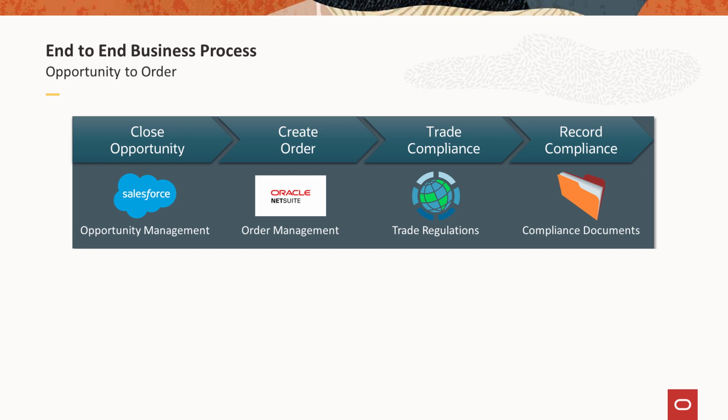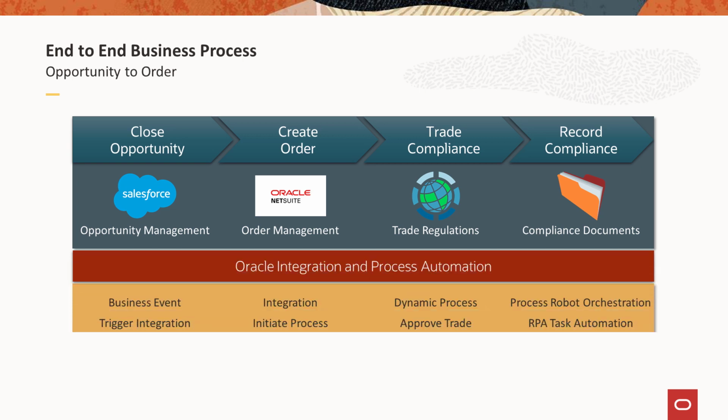And then finally, once this is done, it could have to go and create a particular record in a system such as a document management system, which could or could not be accessible directly. So we might want to use maybe a robot, an RPA solution in there. So if we look at this in more detail, we would be able to do this with Oracle integration and process automation. In other words, OIC, Oracle Integration Cloud, will give us every element needed to perform such an end-to-end